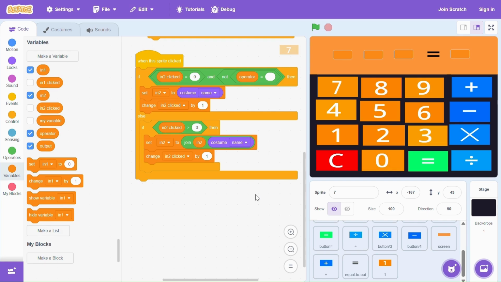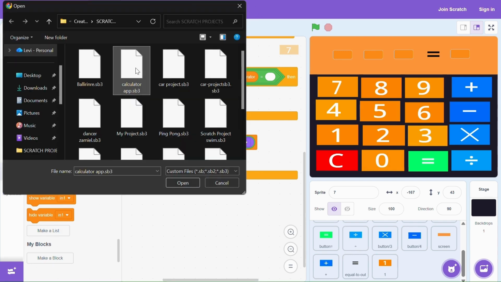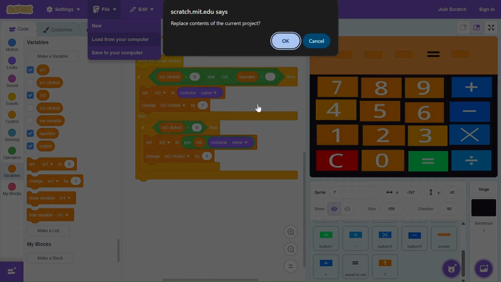Now for this video, I'm not going to give key takeaways. Instead, what I want you to do is to watch this video multiple times. Make sure you understand each logic and then try building your own calculator from scratch. For example, I'm just going to load the one I actually built, so I'm not going to save this. If I load from computer and load the completed calculator I did,